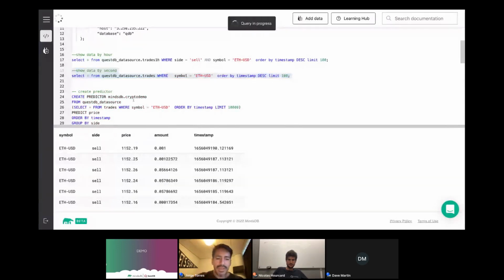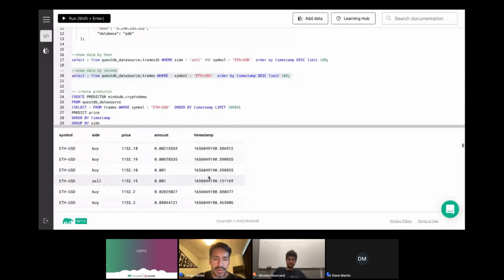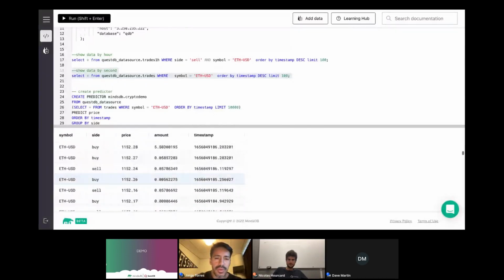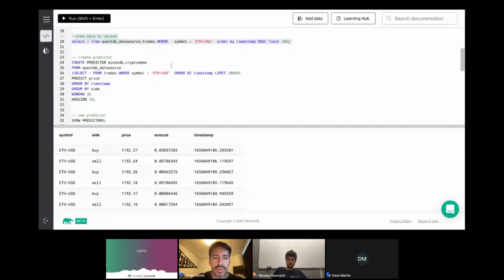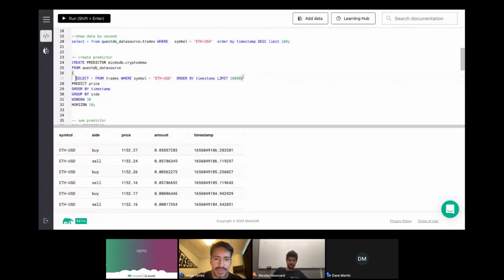So yes, you have buy and sell transactions, and you have a resolution of roughly a second on each one of those. What we want to do is take all of this information to train a predictor that will learn how to predict the actual price given the historical information that we have. Now, here's where the ML lifecycle gets simplified into one single statement. This thing that you have here is data preparation.